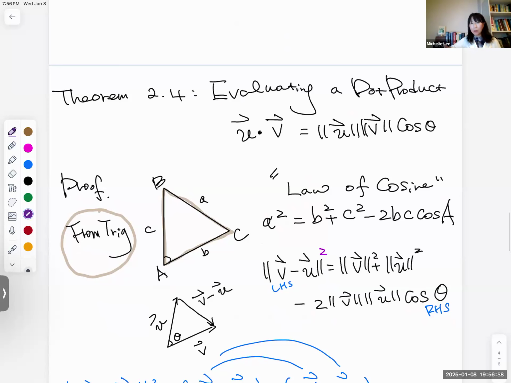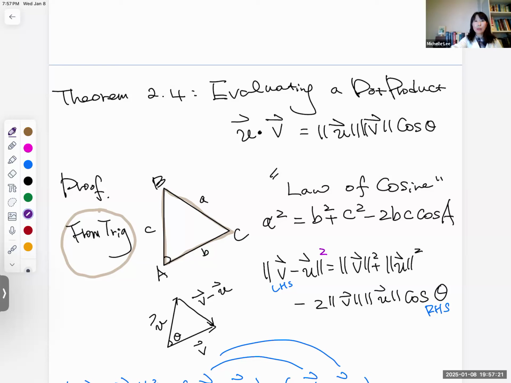That gives us the formula from earlier, right? So the dot product in terms of angle is magnitude of u, magnitude of v, cosine theta. All right? Okay, let's